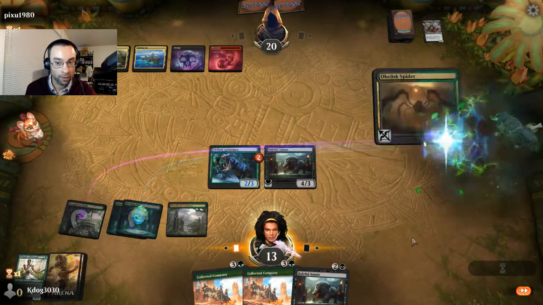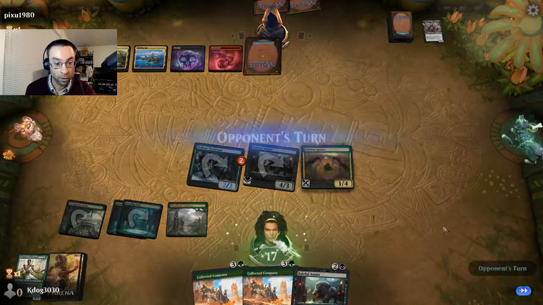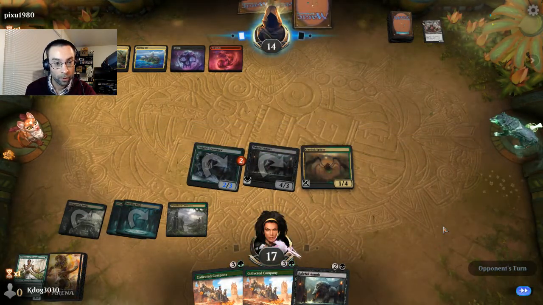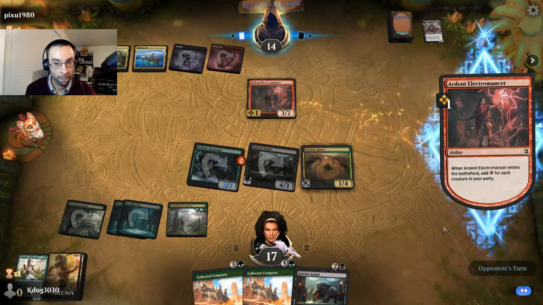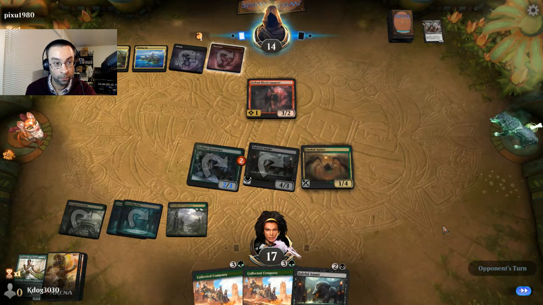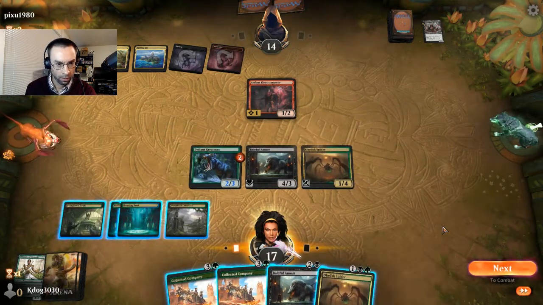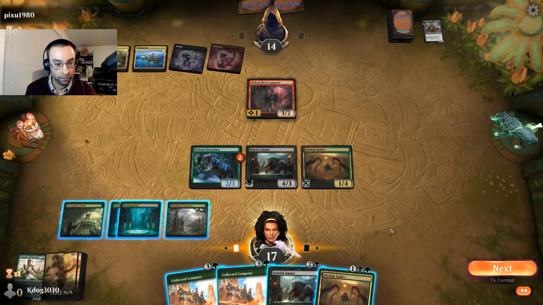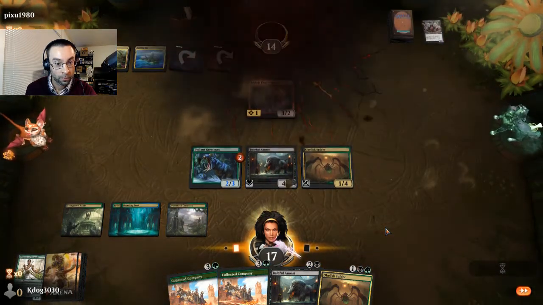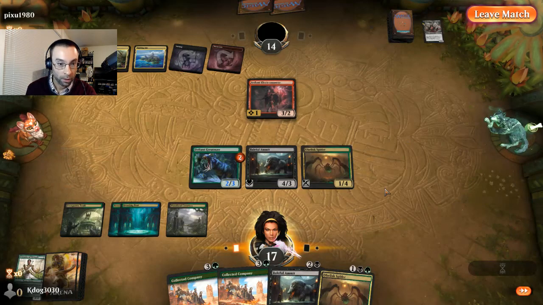Well, we'll drop the Obelisk. Okay. No idea what our opponent is holding here. Ardent Electromancer. As their mana base is screwing them up, they can't actually play their cards. Okay. We'll take it. Obviously,